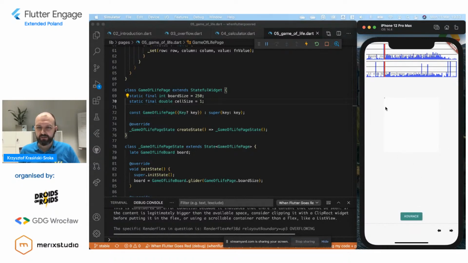And as you can see, trust me, there is our glider in the very corner, and it's going to glide through eventually. As you can see, both the threads on the Dart side and the threads on the Skia side, they'll take a lot of time to execute.